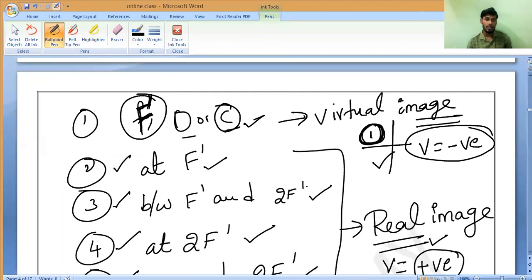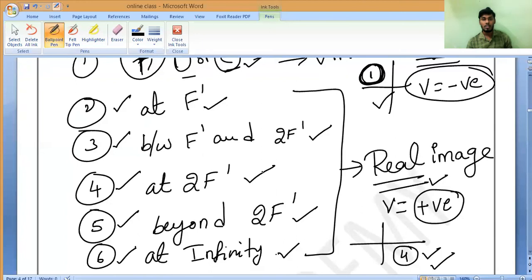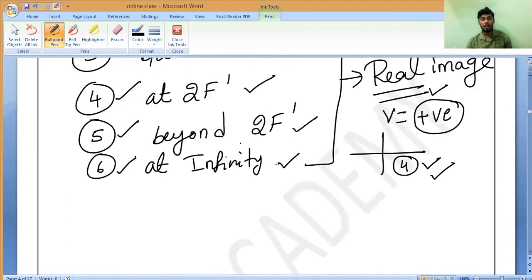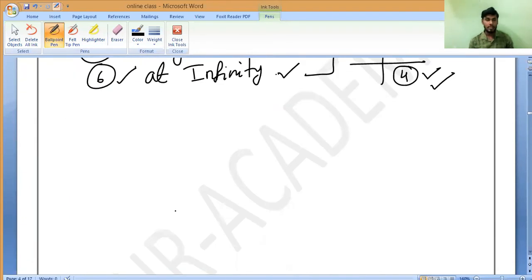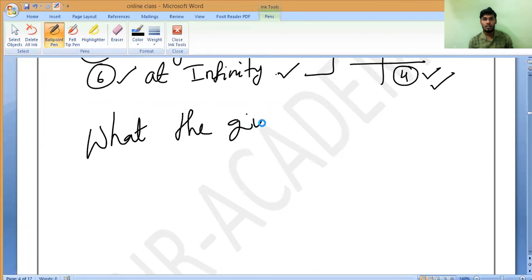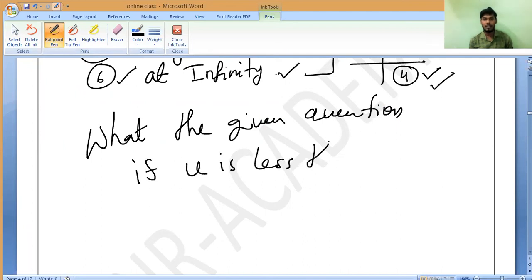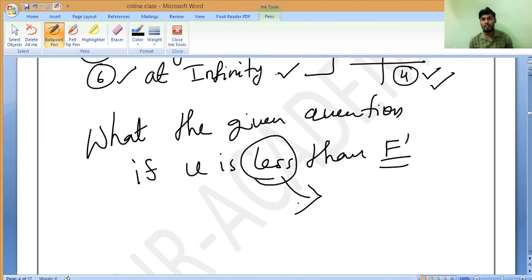Will you remember this? Any doubt? Yes, sir. So for the first case alone, remember in exam, whatever the numerical, whatever the given question, if you are able to identify that the object distance is less than F dash, blindly you should remember, then we are getting